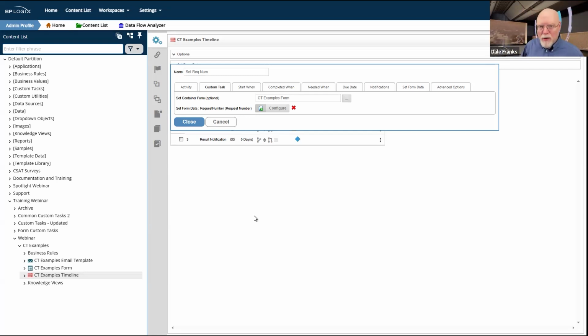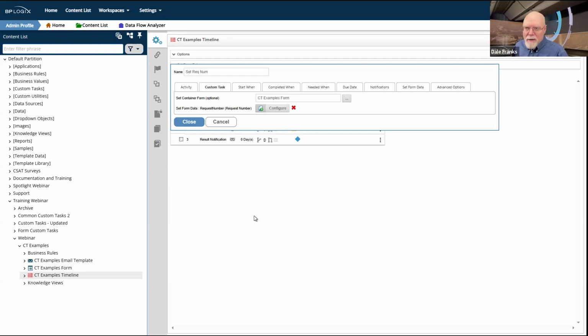I'm going to need to return some data, and I'm going to need to set that data as part of the process. So that's another common use for this, where largely for external data, I just need to go out and grab something and check its status and then update my form with whatever the status for that thing may be. And that would be a use of the set form data that I would throw into a process timeline.